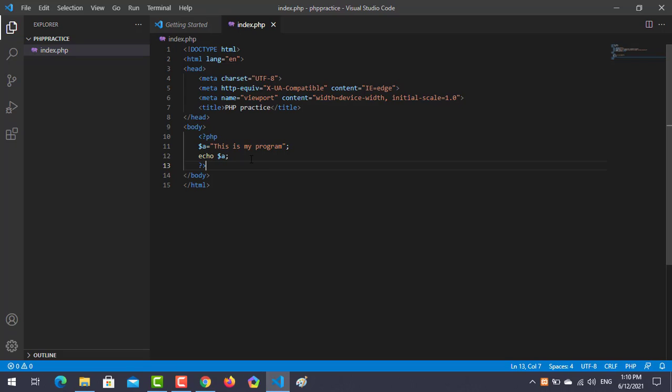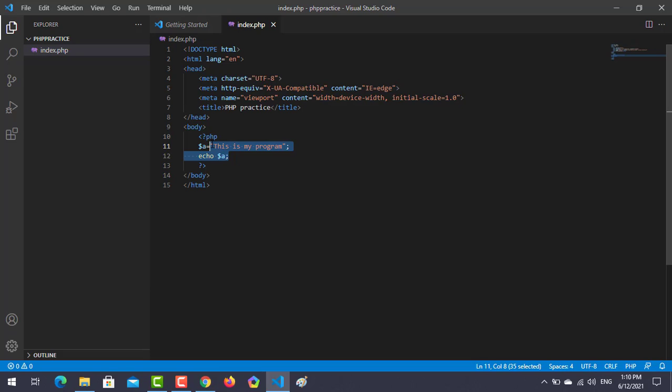If you guys didn't know what the things are going on, you can check out the previous videos. So first we are going to revise the basic concept of variable. You must understand that a variable is always declared with the $ sign, and whenever you want to use the variable for any kind of purpose, you have to write the $ sign with it, otherwise PHP will not recognize it as a variable.